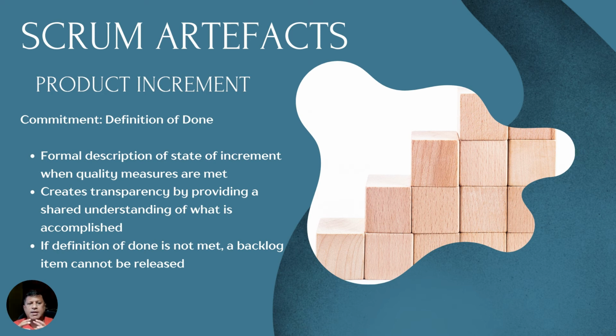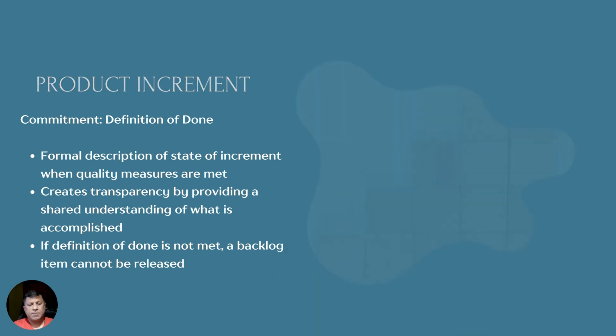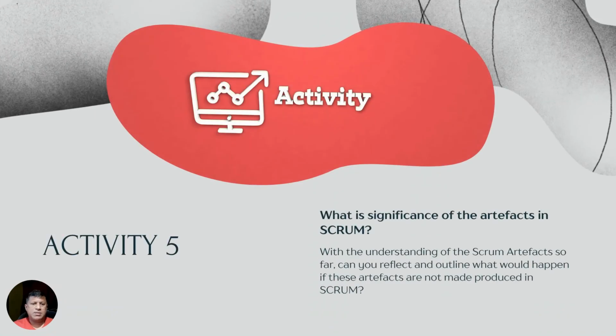Okay, so that is about overall Scrum artifacts. Scrum artifacts are 3. One is the product backlog, second is the sprint backlog, and the third one is the product increment. These are essentially the 3 artifacts that are produced during the sprints. That brings us to the